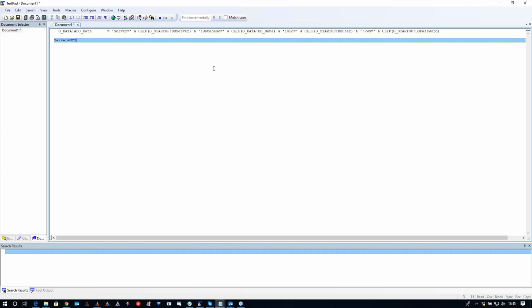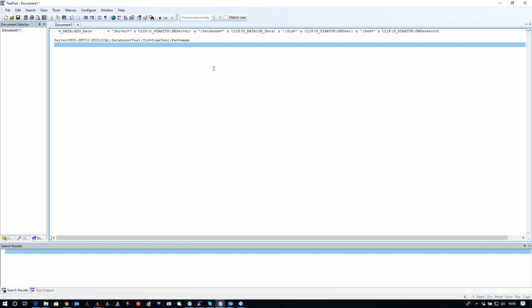The ADO would be something like this: machine's dev02/NYS local. So that would be the server. Then it would be semicolon, database equals whatever, test, if you will. UID equals, and I usually have a username and password on mine if you're not using Windows authentication. So I would have user ID equal some user, and then PWD equal XXXX for that. Whereas the standard